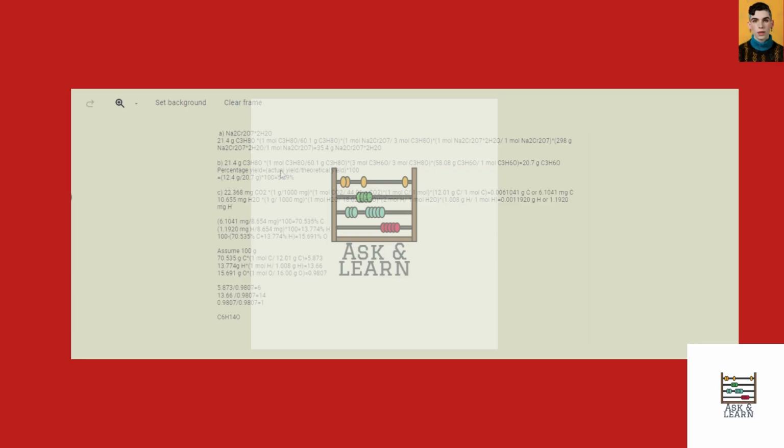So in this problem, for the first part, we are going to take the mass of the alcohol given and then divide by the molar mass of the isopropyl alcohol. Then we have the moles of alcohol, and from the balanced chemical reaction, you see that 3 moles of alcohol react with 1 mole of the sodium dichromate. So we're going to use that mole ratio to convert from moles of the isopropyl alcohol to moles